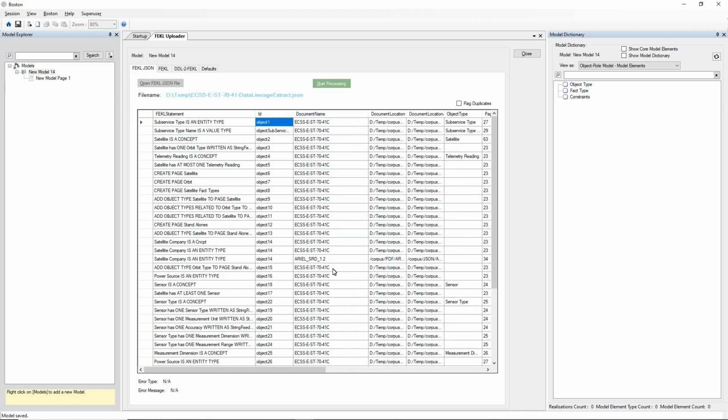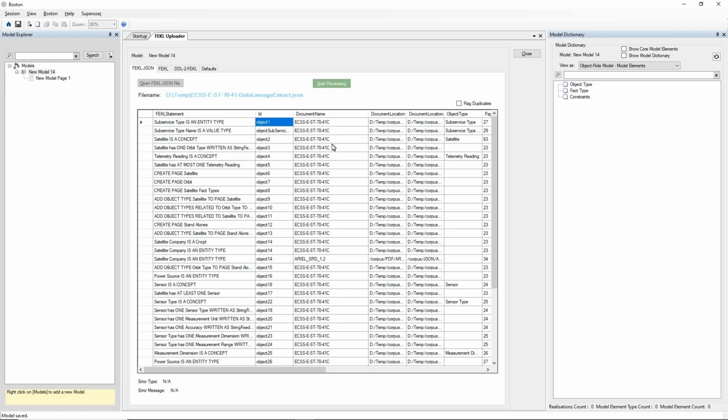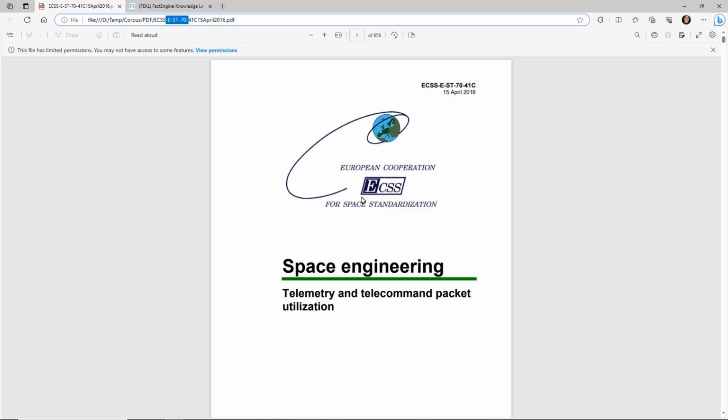So I've handmade this particular JSON file, this particular upload, but the primary information for this FEKL upload is from a document, ECSS EST7041C, which is a document kindly shared with us by ESA, and that document is a document by the European Corporation for Space Standardization. So its title up the top here is ECSS EST7041C. So you can imagine where you could use artificial intelligence or SPACY or core NLP to extract fact types and entity types and value types out of the documentation dynamically,